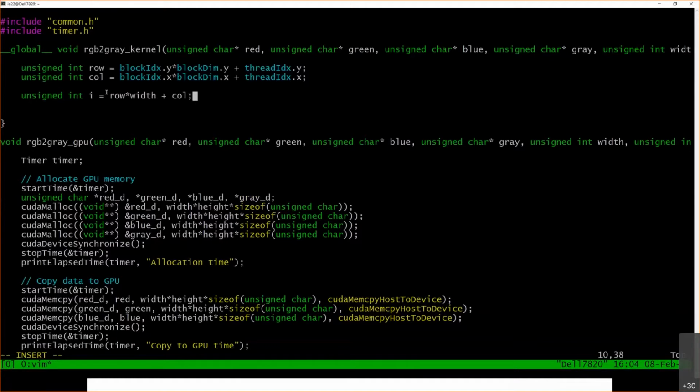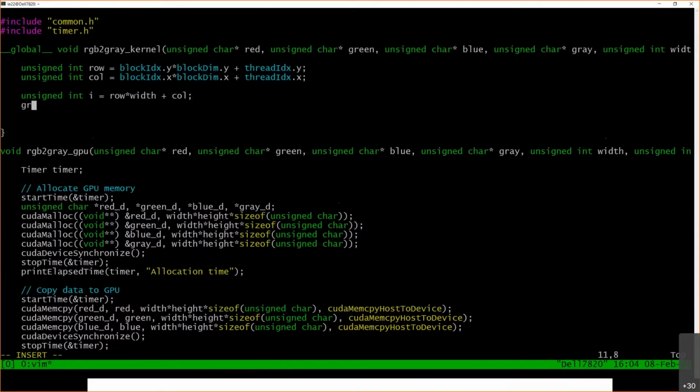What's left is to read the red, the green, and the blue components and convert them into a gray component. Every thread has a different row and a different column, so every thread will have a different value of i. So every thread is going to be writing to a different output pixel. So I'm going to write gray of i is equal to